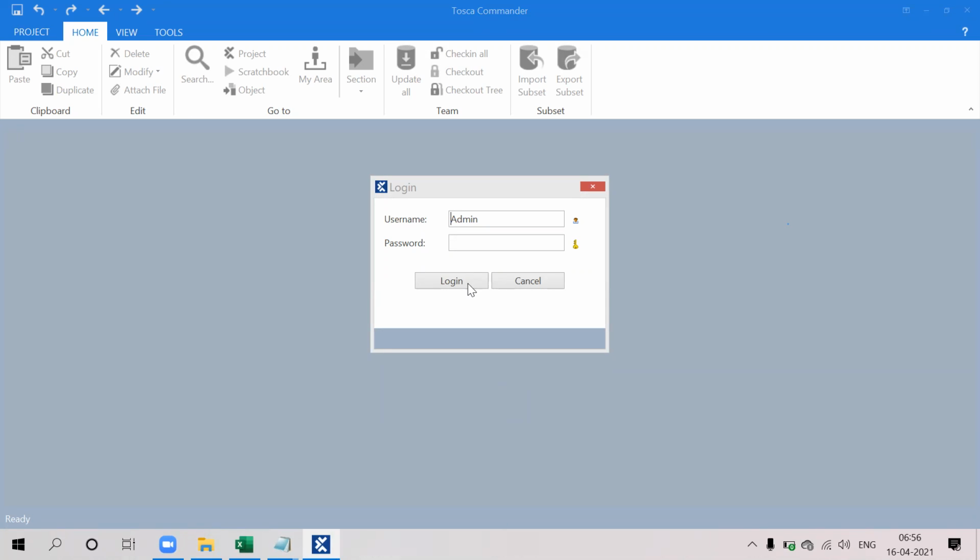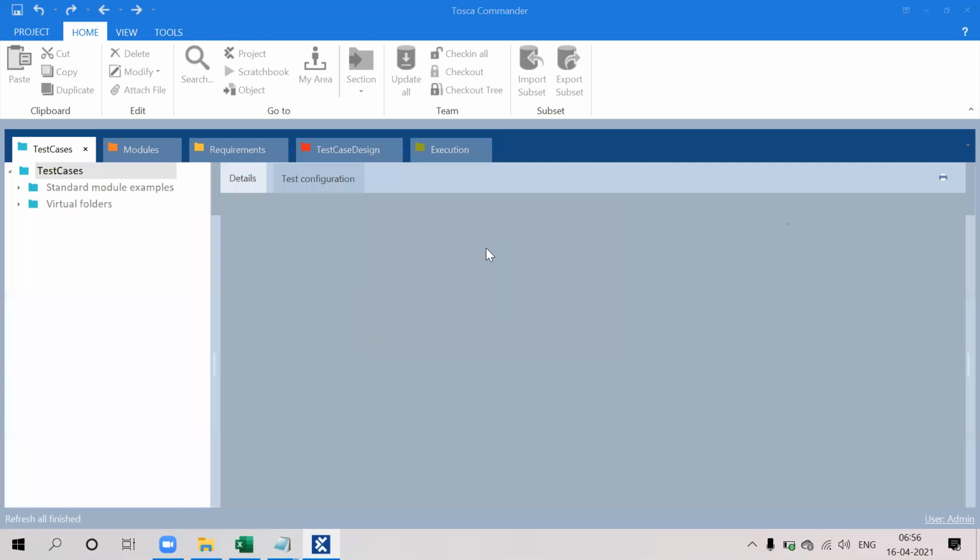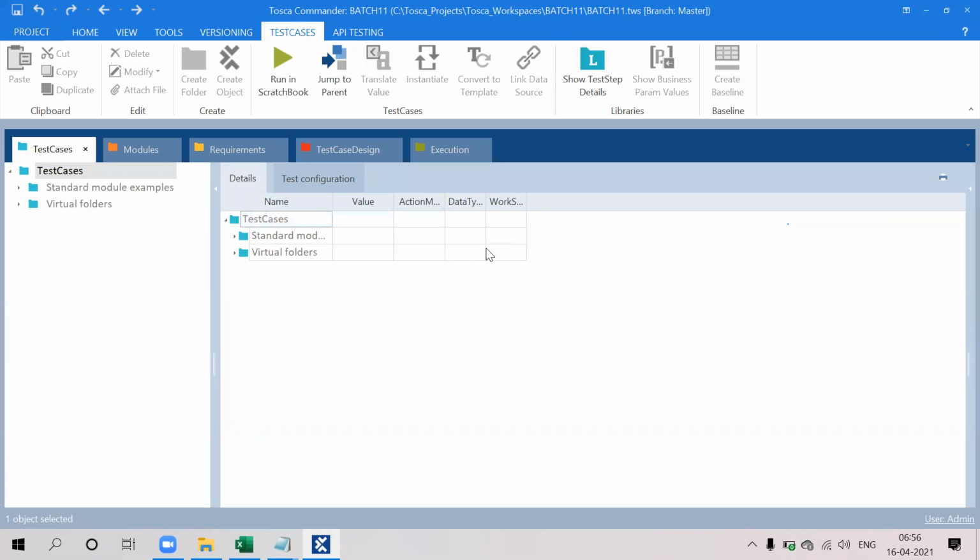Once that is entered, click on login. Once your application is launched and you are in the workspace, you can create a folder structure.